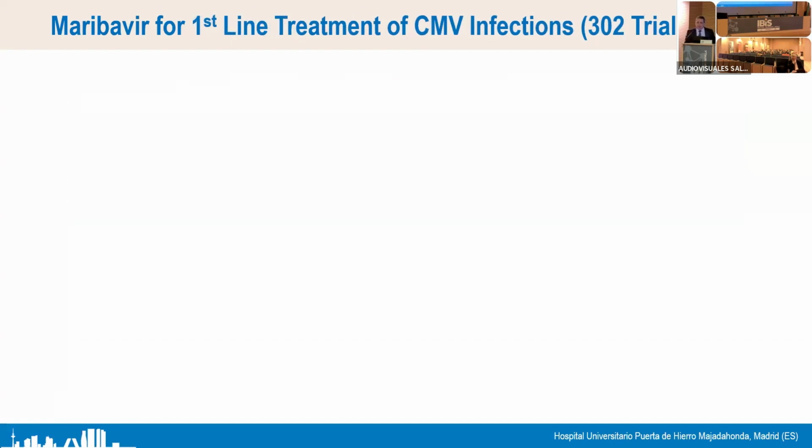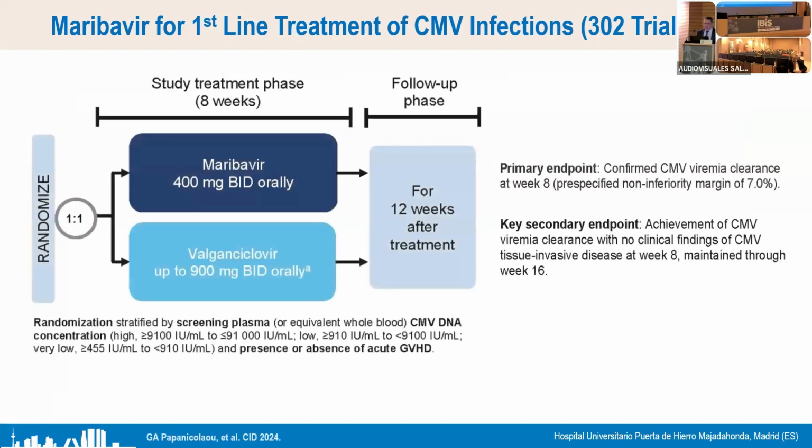And this is the 302 trial. This is the first line treatment with maribavir of CMV infection. It was a randomized 1-to-1 double-blind, perfect design, one-on-one maribavir versus valganciclovir. The one thing that I probably have to highlight here, and it's probably one of the limitations